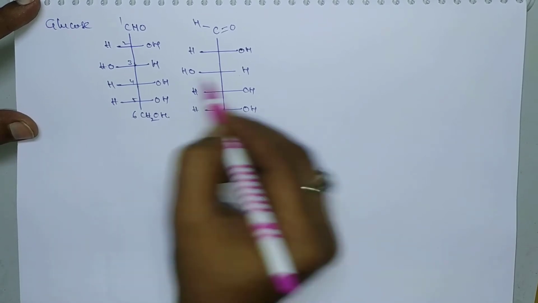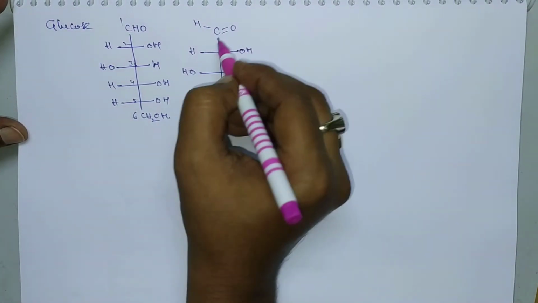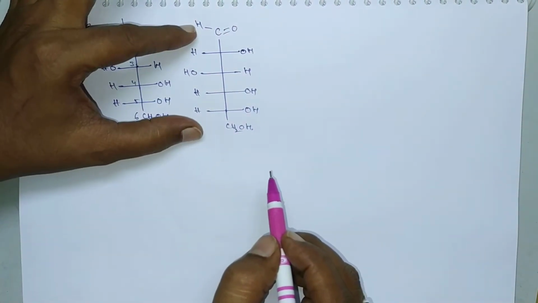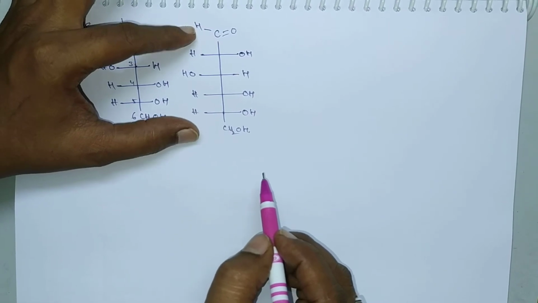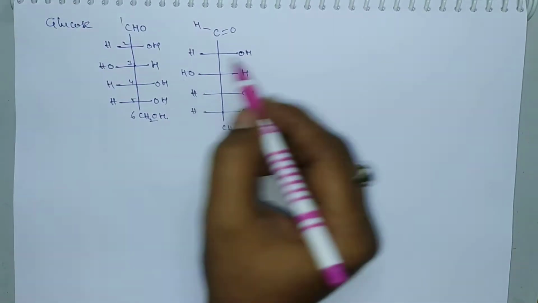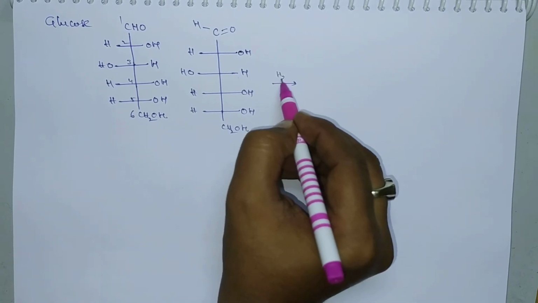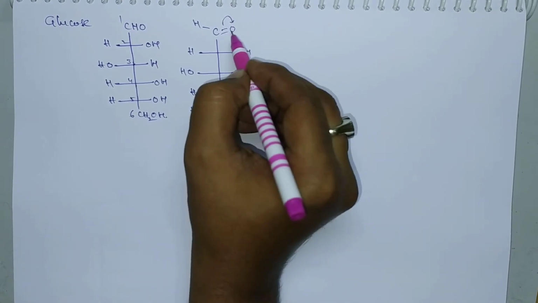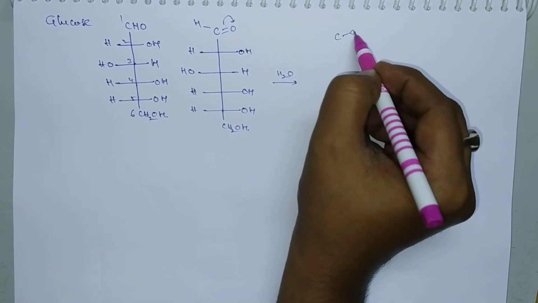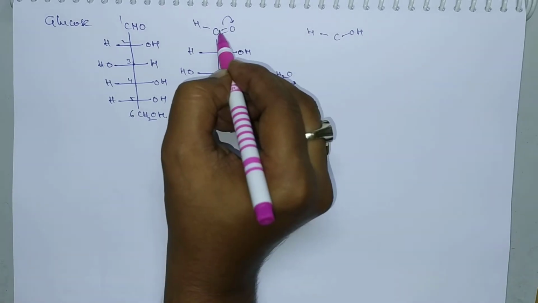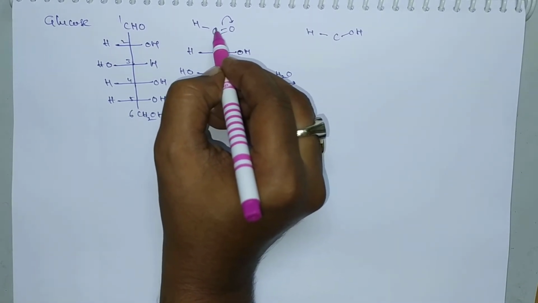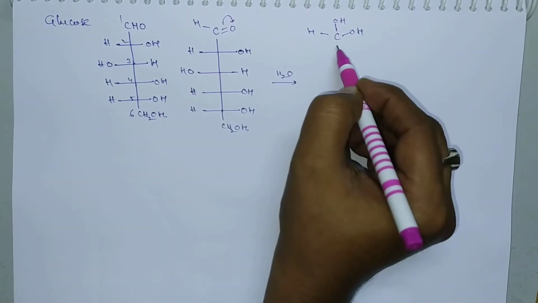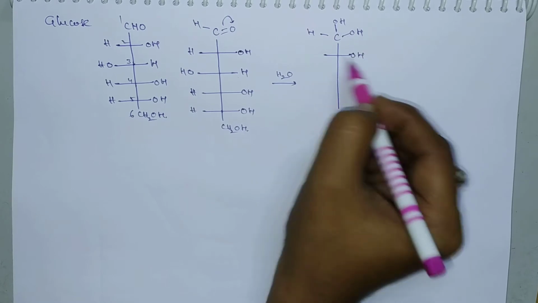Listen carefully to the first structure. Here it is CHO. This is called the Fischer structure. In order to get the Haworth structure, we have to cyclize the molecule, so the Haworth structure is a cyclized form. That's why first we have to add water here. If we add water here, these two electrons are polarized to here and it becomes OH. So C, OH, H. Here this carbon possesses a positive charge, so on this positive charge OH minus will attack. So here we also get another OH, and the remaining is the same: OH, H.